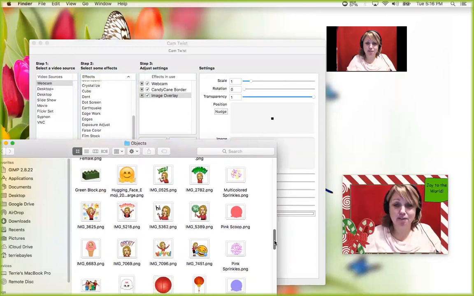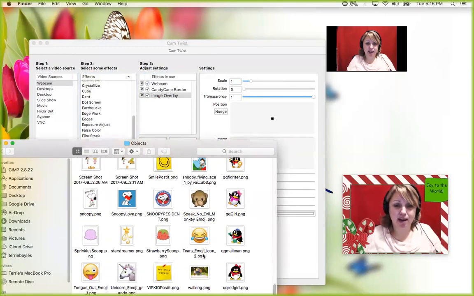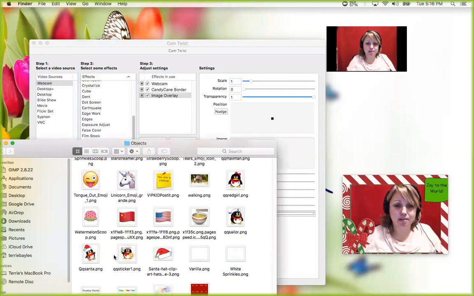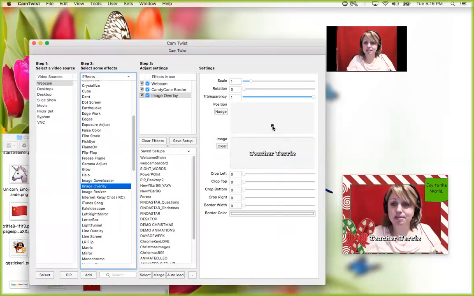I just put them in a folder for me to be able to use. And I have one down here called my name. So I'm going to click and drag and put that in there. There I am. I want to move it down. This is the position. And I want to make it a little bit bigger